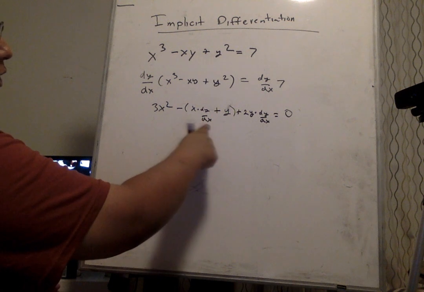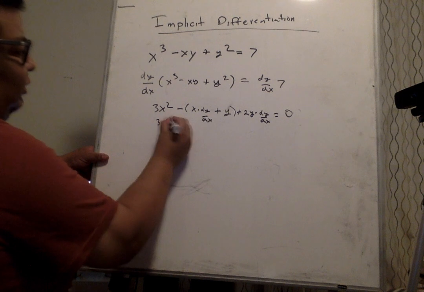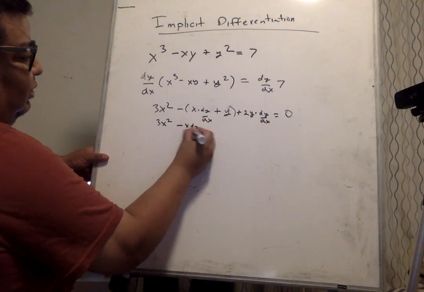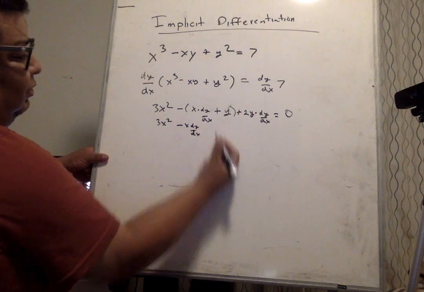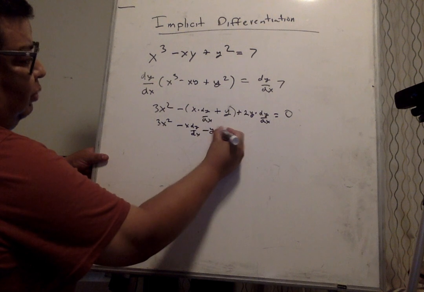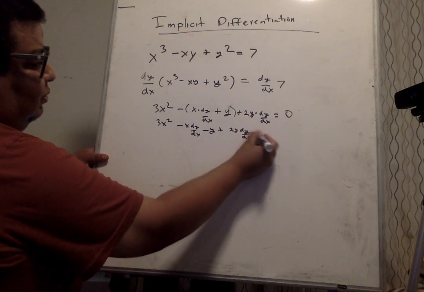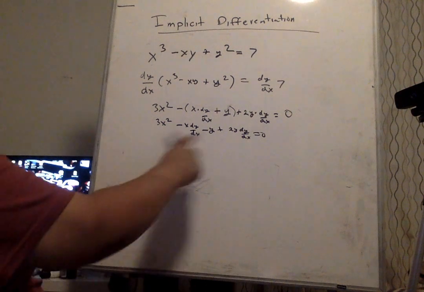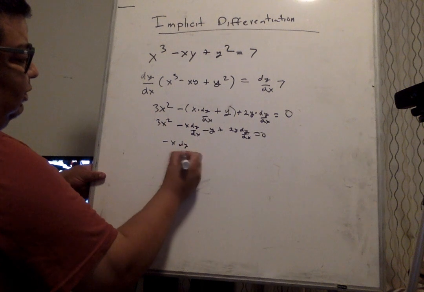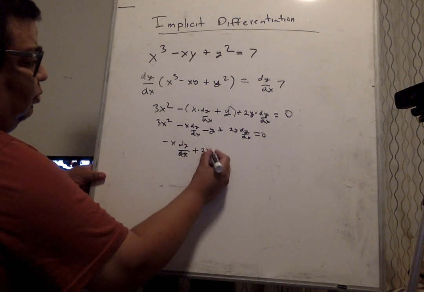Now we're gonna collect terms. We're gonna leave dy/dx by itself. First, let's multiply everything together. So 3x squared minus x dy/dx minus y plus 2y dy/dx equals 0. So now let's collect terms. So we're gonna do minus x dy/dx plus 2y dy/dx